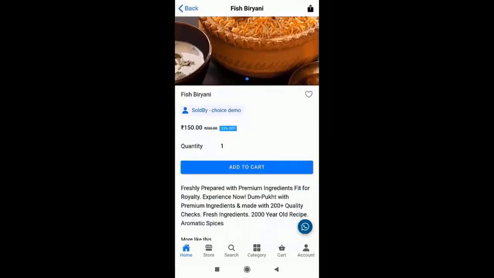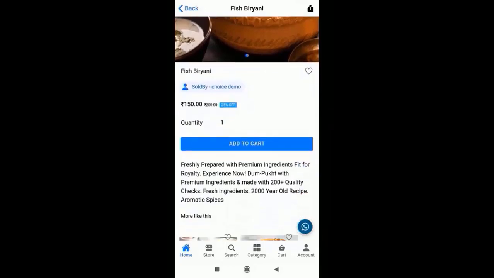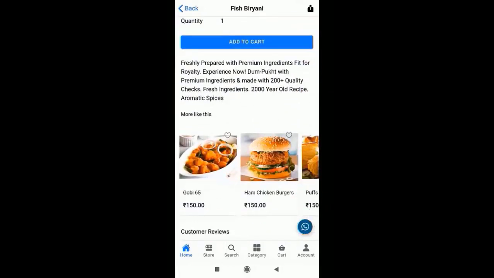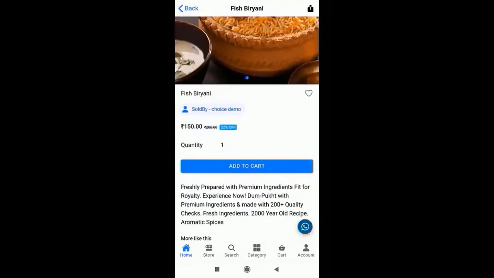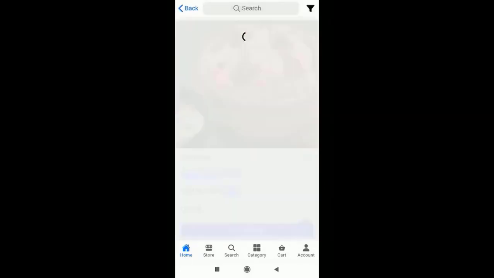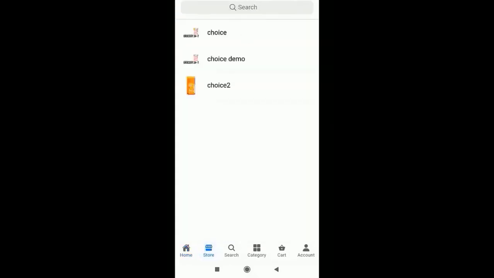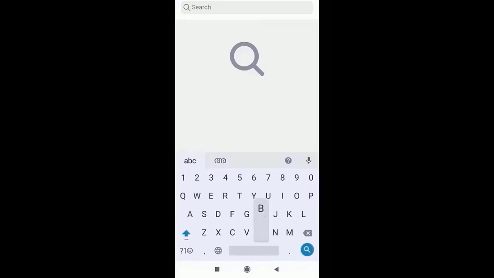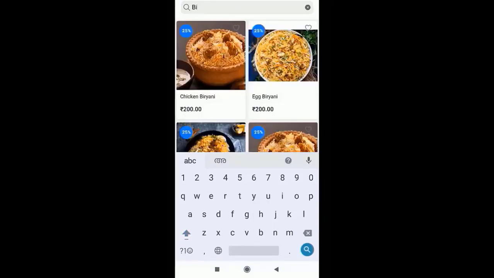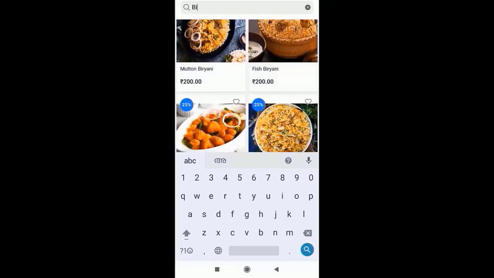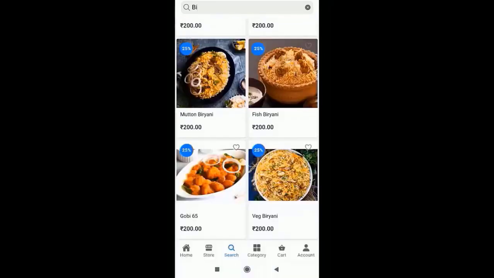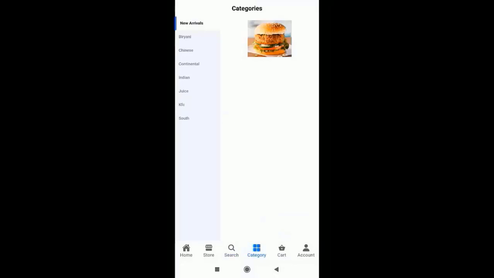They can see which restaurant is selling which food. All these things you can see, and it's also a GPS enabled app, and they can see all the details of the restaurants like this, and a search option is available, a category option is available. If you search for a particular food item, they can see that food item here, and category option is available,